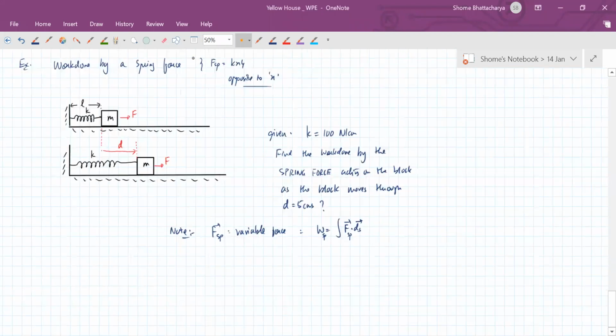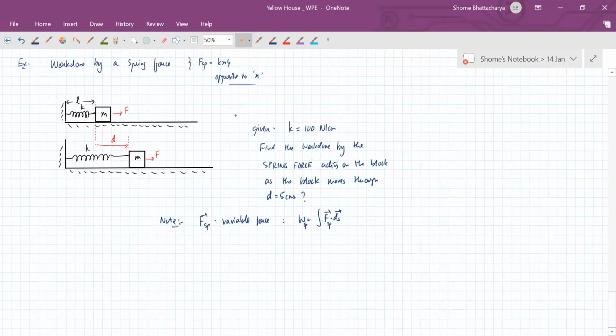Okay, so now let's understand this question. Because the spring force is variable, we cannot directly calculate work done as the spring force dot product with displacement. So what we have to consider is that some intermediate time, suppose this was t equal to 0 and this is at some later time capital T. In between t equal to 0 to t equal to capital T, at some instant,